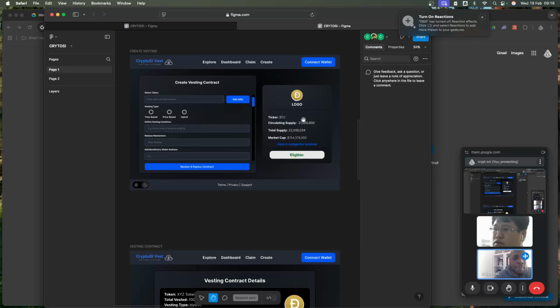But I believe that Gecko Terminal has all of the chains that we are integrating with. It should do. Yeah. Okay. So if the token is listed in Gecko Terminal, it can be eligible here. Yes. Eligible status, and if it is not listed on Gecko Terminal,